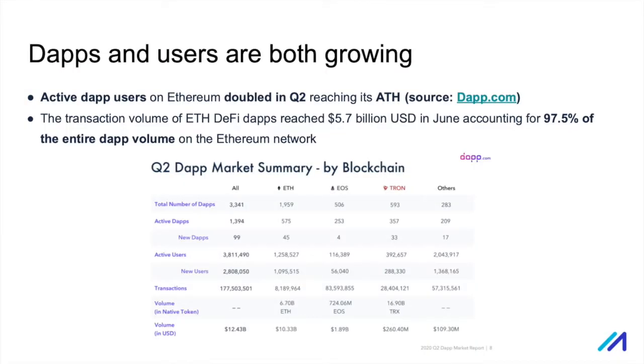In recent times, Ethereum has seen an explosion in the number of dApps as well as the users of such dApps. And if you look at the summary below, there are some interesting observations. For one, most of the users are new to the ecosystem. And secondly, DeFi related dApps account for around 97.5% of the total activity. An implication of these statistics is that dApp developers are having to work hard to improve user experiences.